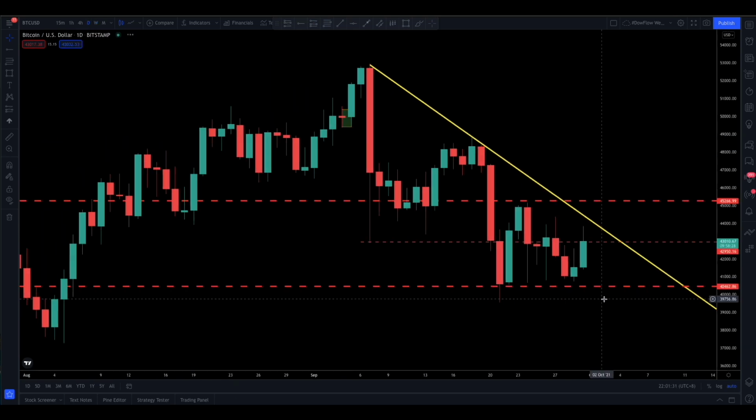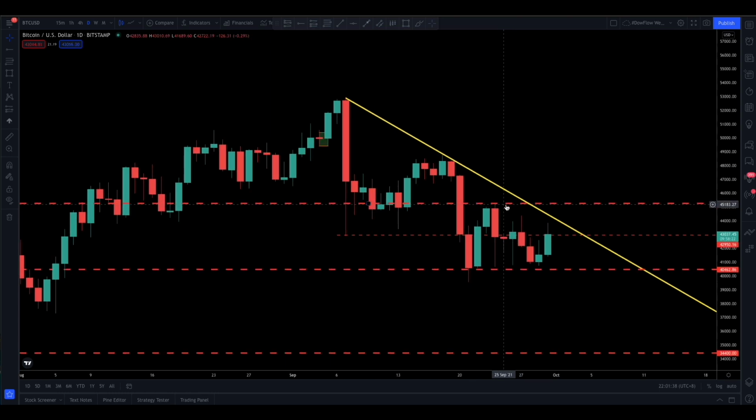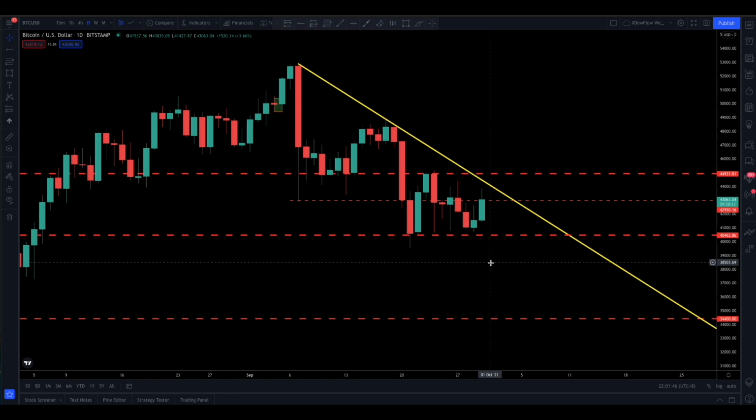Now, you can see that price is range bound right now, so this is the support and this is the resistance. If in fact you just adjust it something like that, it's nothing too difficult to see that it's in a range right now. However, I just want to let you know that you have to be very careful when you see this kind of range,